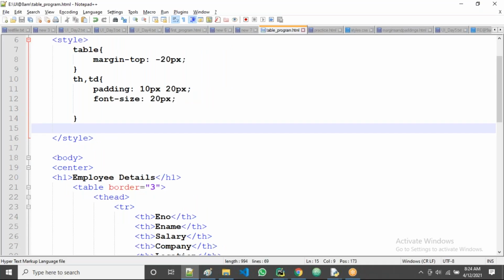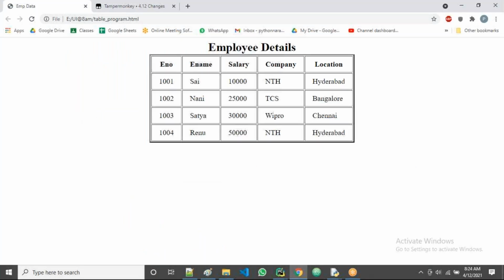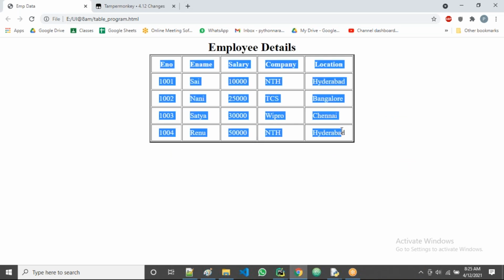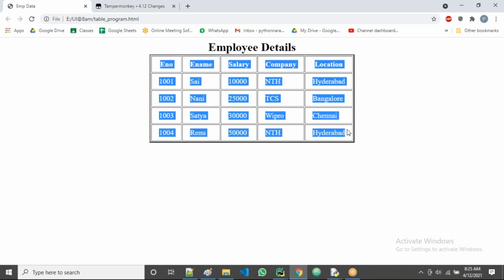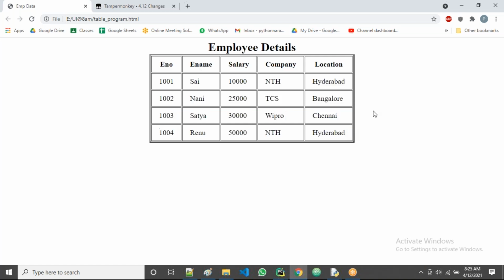Now what I'm going to do here, save this one. Let me refresh here, guys. Yes, you can observe here. Like this, guys, we can create the table here. All of you observe. This is the HTML table, guys. On this one, if you apply Bootstrap classes, it will be more beautiful, and also it will be more dynamic. You apply Bootstrap.